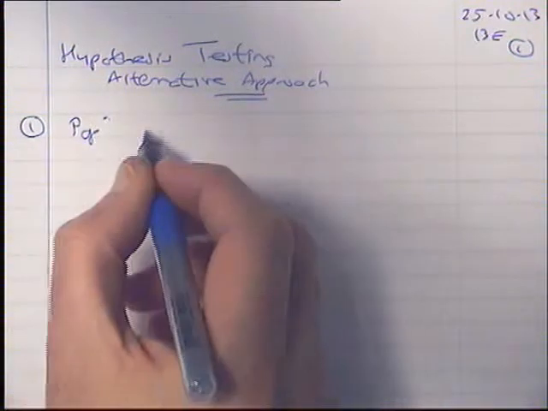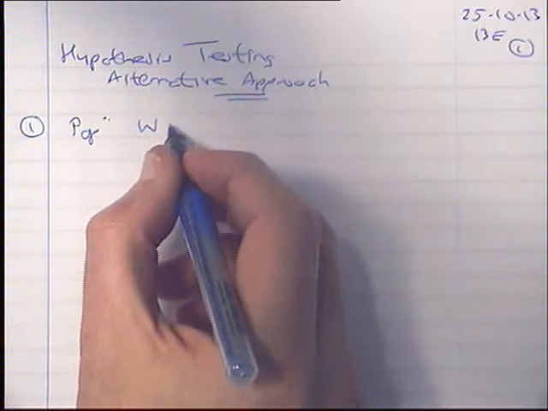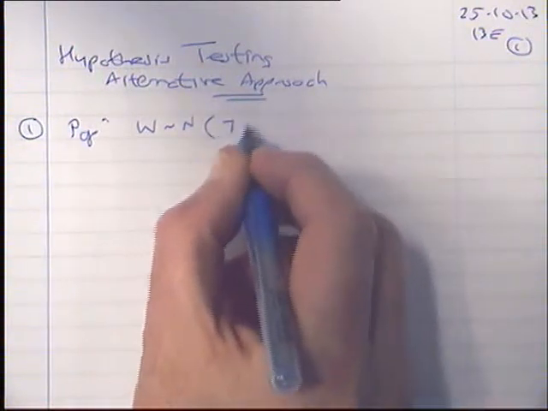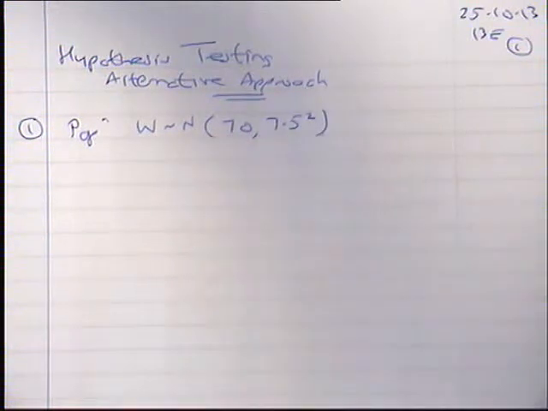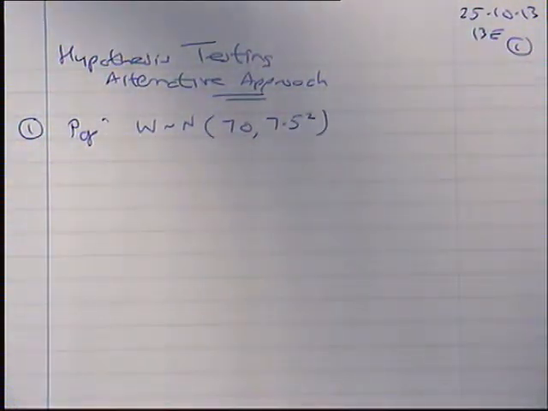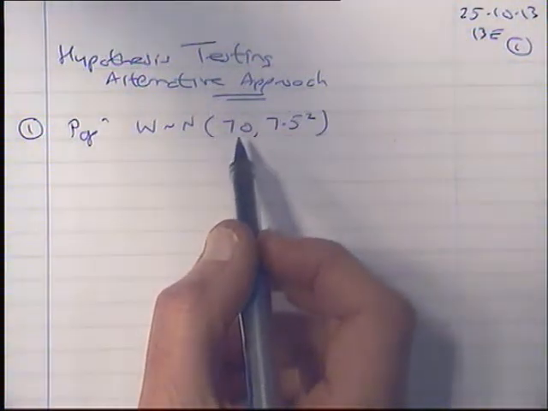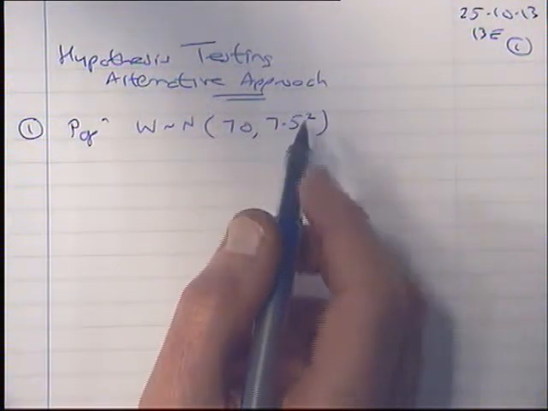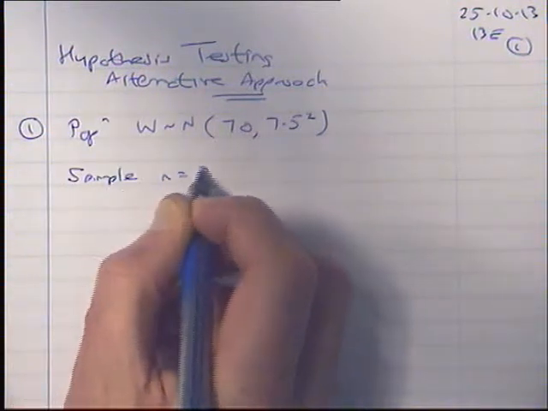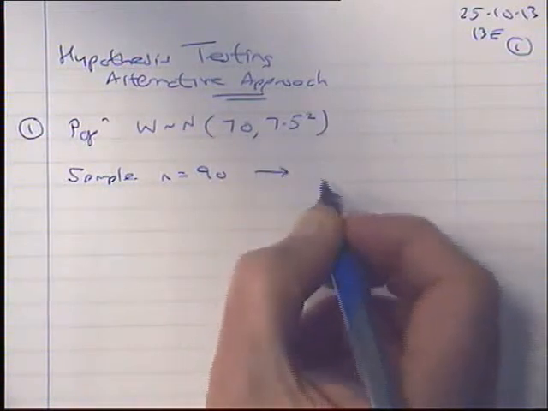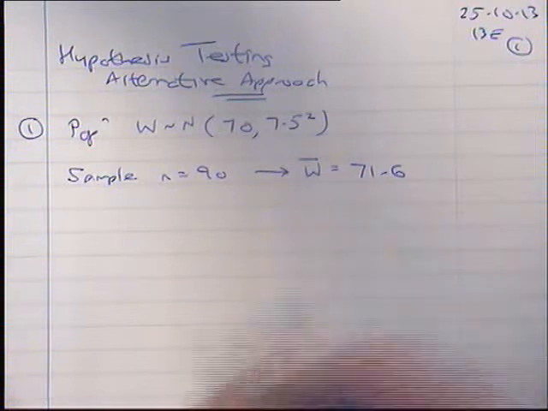But we had a population. What was W? Can anybody tell me what was W in example 1? Weights, okay. Year 7s. So, weights of year 7, okay. So they're normally distributed, that's what we think, we believe, with a mean of 70 kilograms, standard deviation of 7.5. We have taken a sample of size 90, and from that sample, the mean weight of our sample was 71.6